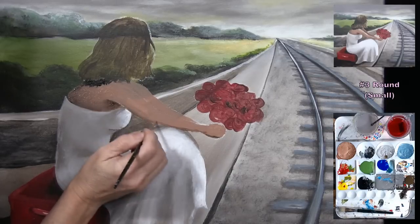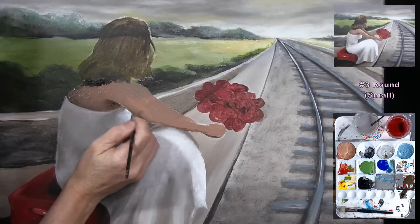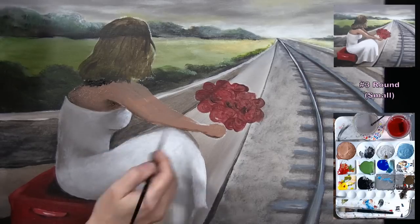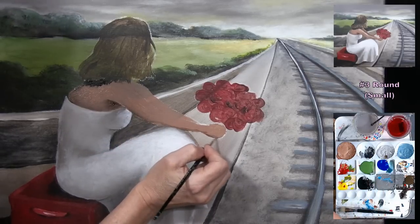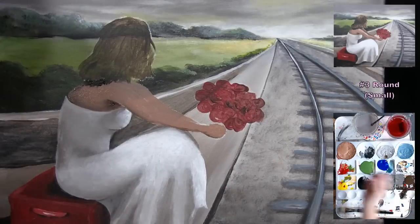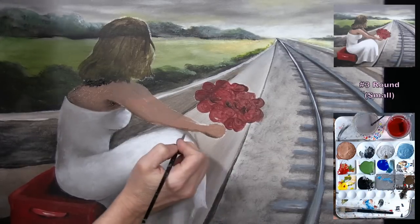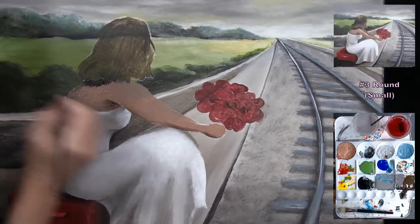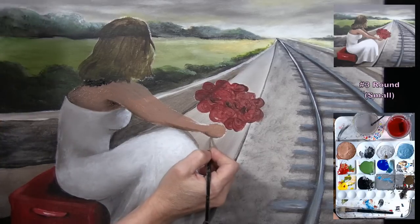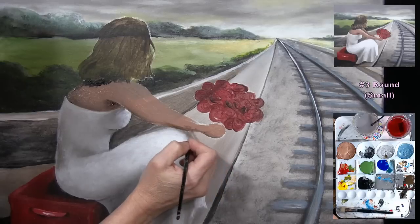You might not, again, need to pick up the skin tone for that blend, but I know I did kind of a linear line there, so I'm definitely going to need a little skin tone to get it to blend in. So just alternate back and forth between your brown and your skin tone on this bottom side of the arm in order to get that shadow to occur. You could even